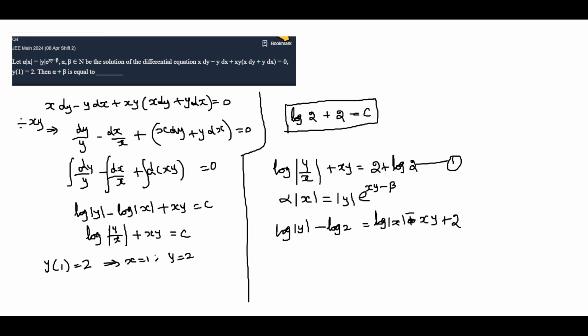Okay. So log mod y by 2 is equal to log mod x minus xy plus 2. Okay, if we take an exponential on both sides,